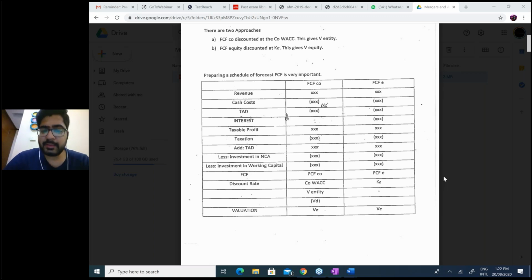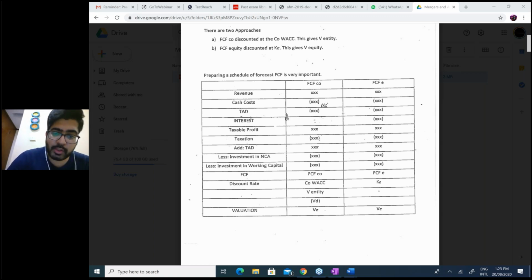Obviously, there are other methods as well, like the net assets valuation method, which believes entity's value is based on assets, dividend valuation, which believes entity's value is based on dividends. Okay. But the FCF method is the most commonly used and most commonly tested method, which believes that value depends on future cash flows. Okay. Now, the first good question from Raqibuz Zaman,